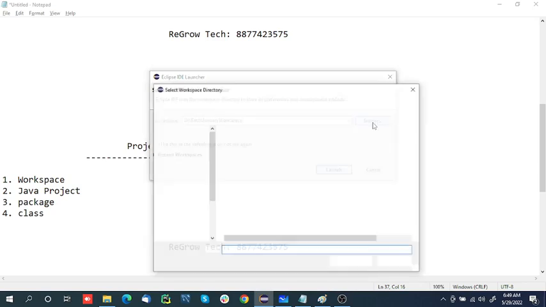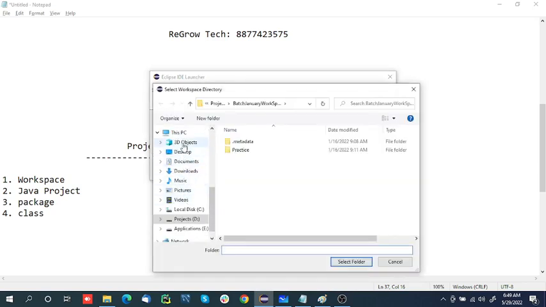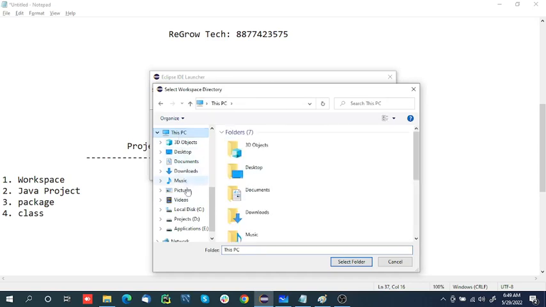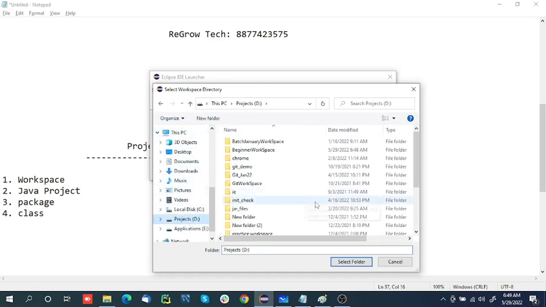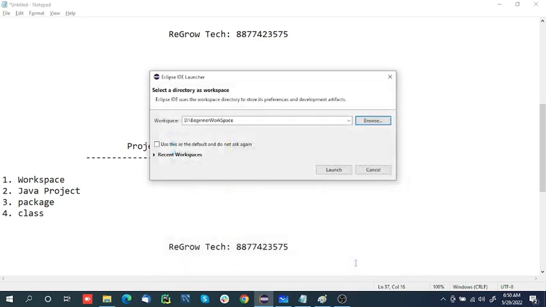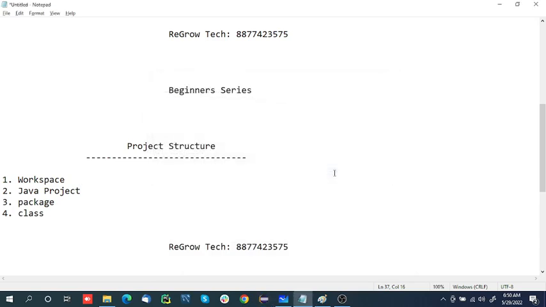So I had created this in this PC, inside projects, and the name I had given was beginner workspace, right? So I'm going to select this folder, and I'll open this and press on the launch button. So this will open this workspace for us, where we will start working and we will create our very first